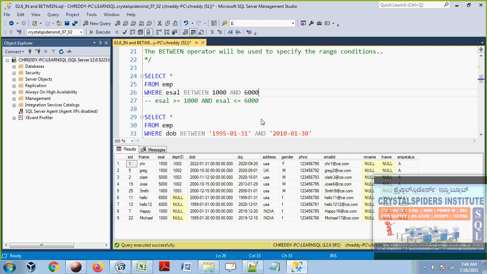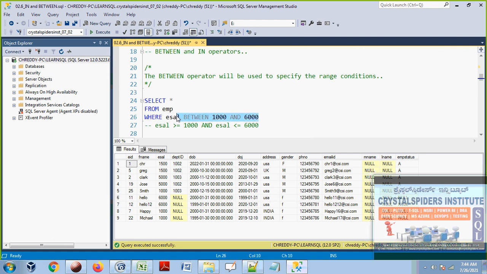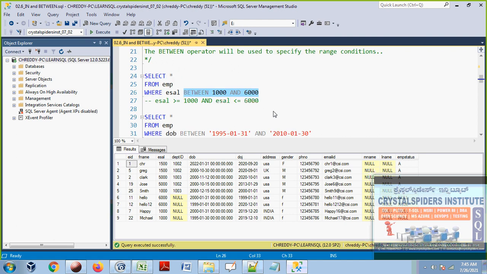That's the only difference. But in interviews, people will ask, if I write the query like this, with the condition like this or like this, which one is faster? We have to say both are the same. Yes, absolutely. No difference performance-wise. Both are going to give the same. Just for this we have the BETWEEN keyword and IN predicates, just to simplify writing SQL queries. That's it. There is no other advantage with BETWEEN and IN. Only that we can write the SQL query in a simple way.